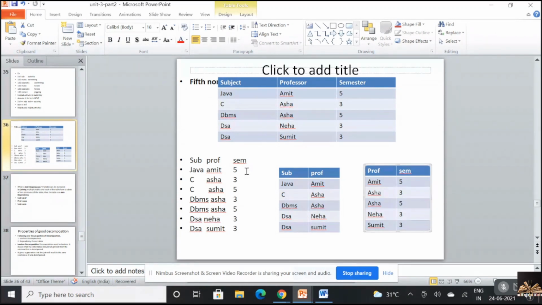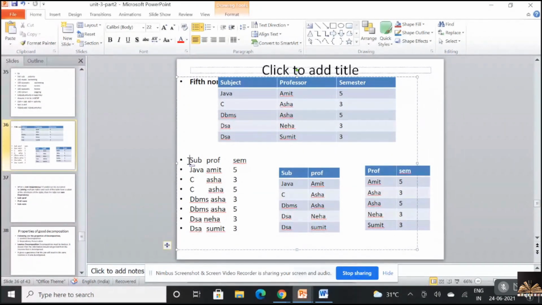So how many rows I've got whenever I've joined two tables, ma? Two pieces of the original relation, I've got 1, 2, 3, 4, 5, 6, 7. But how many rows are there in the original relation? 5. So now what is happening? I'm getting some extra information which was not present in the original table. Now what I have to do? How many pieces was it divided into initially? It was divided into 3 pieces. Now this is a combination of how many pieces? I can blindly say that it's a combination of only 2 pieces.